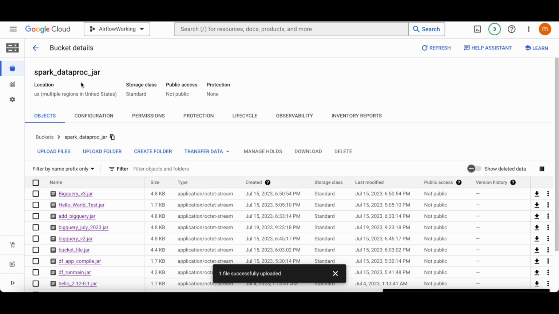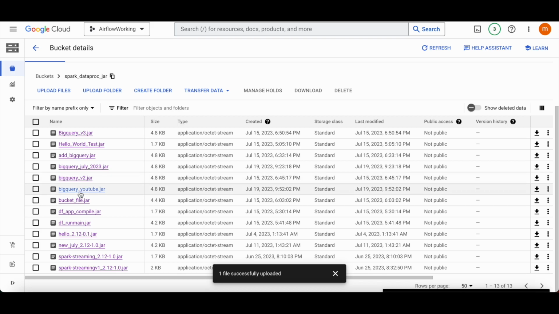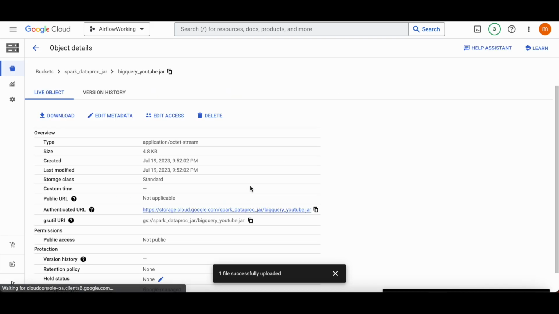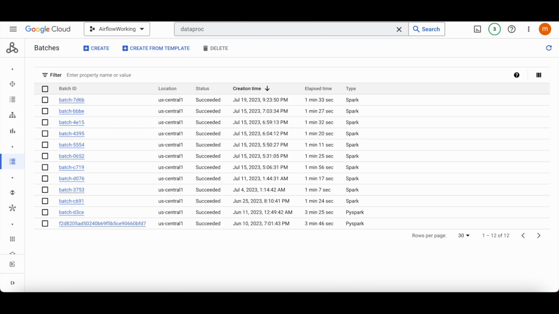Before Spark, I need to go to a cloud storage bucket and upload the jar file that I created. Any bucket in the same region would be good. And then take the path to the bucket file,